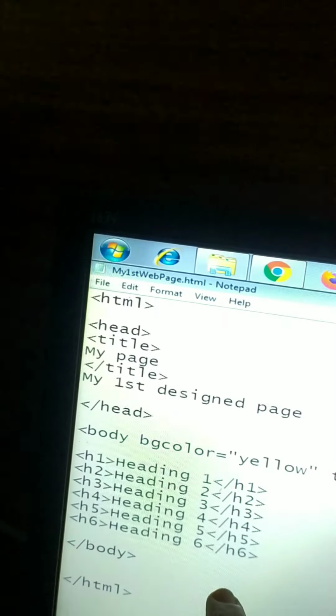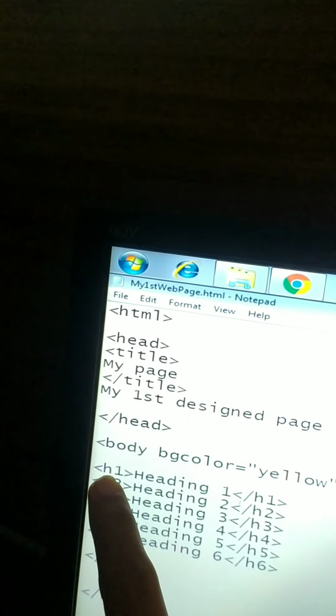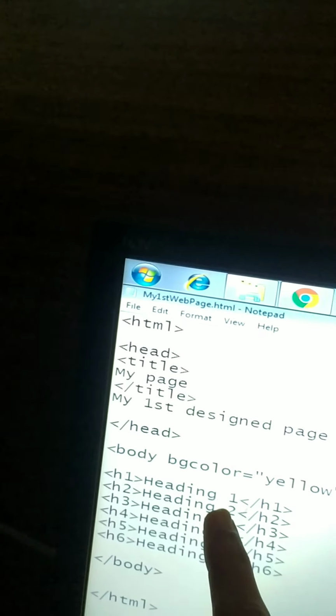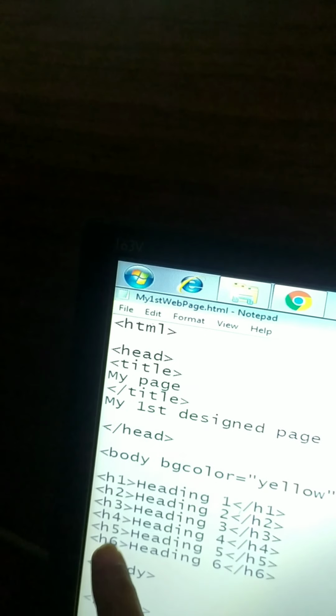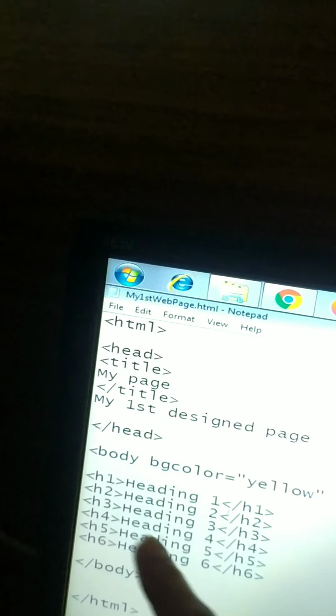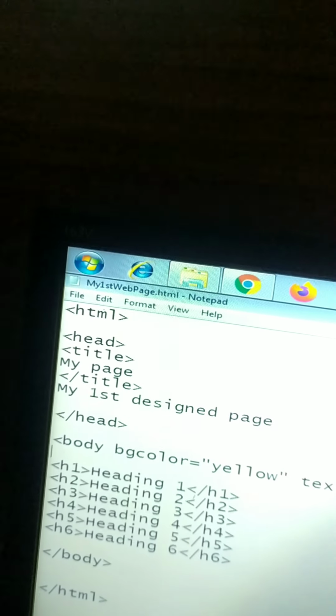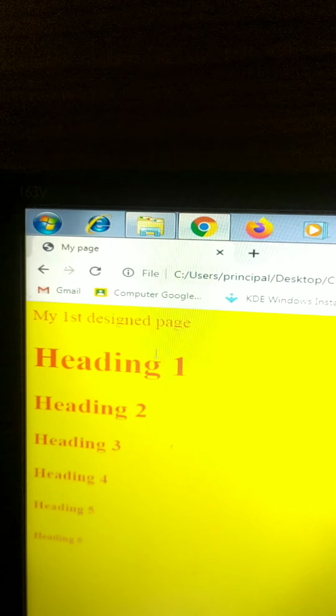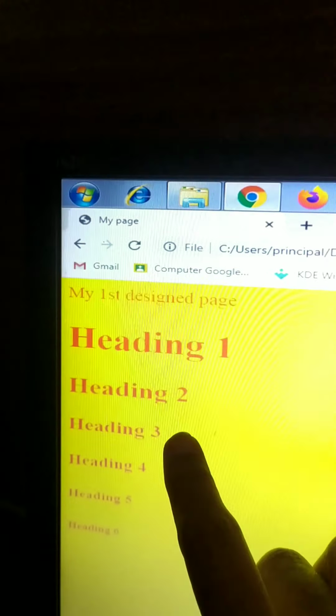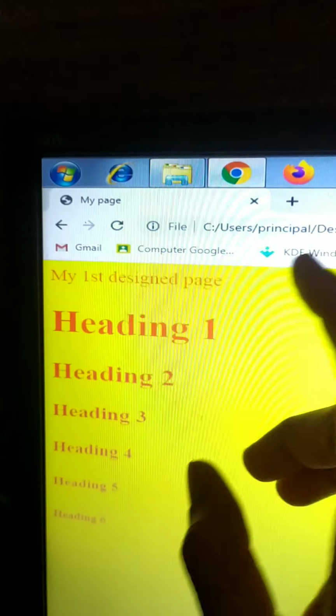We'll study this with one example. I have written H1, heading 1 and then end H1. These are the H1 to H6 elements. I'll save my page. Again go to the web browser and just refresh it. See, heading 1, 2, 3, 4, 5, 6. The size gets increased. This is the difference between H1 to H6 headings.